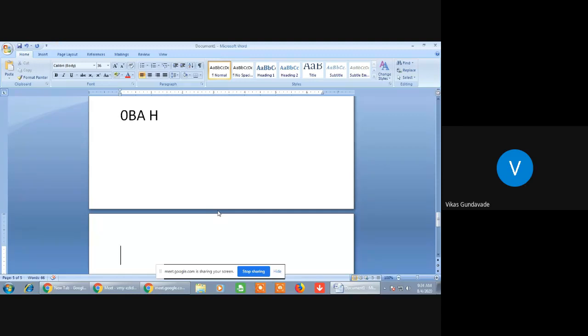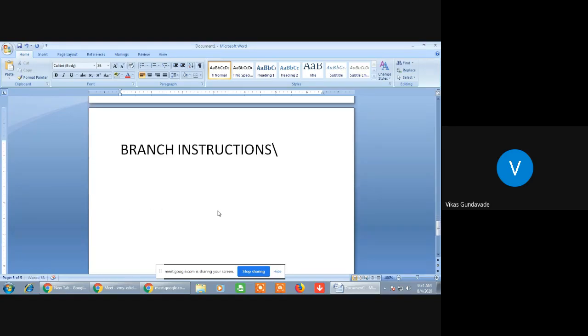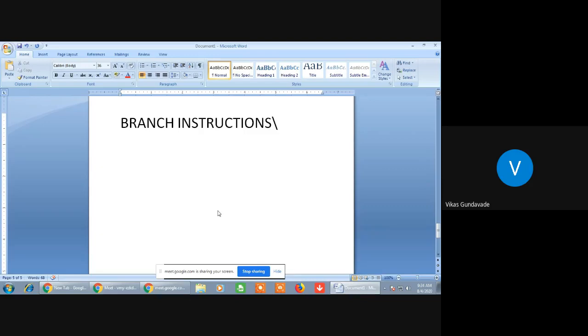Now we will take further instructions. The next group of instructions is the branching instructions. Before starting the branching instructions, we need to know what branching is and why it is necessary. Let's say the programmer wants to jump from the main program to another program.